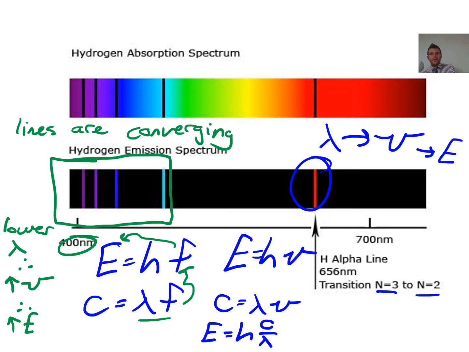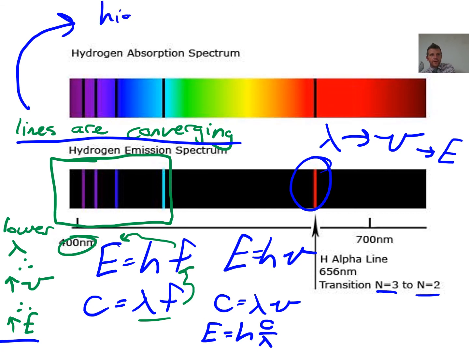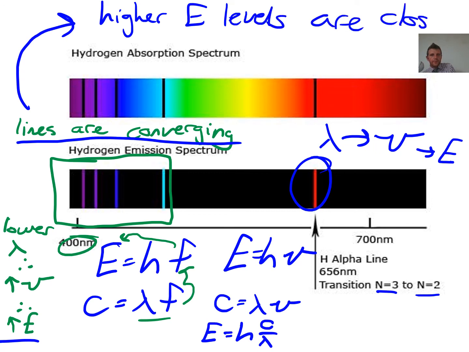But from this, we know that since the lines are converging at higher energy levels, we can determine that higher energy levels are closer in radius and really just energy until we get to the point where n equals infinity, in which case we say this is